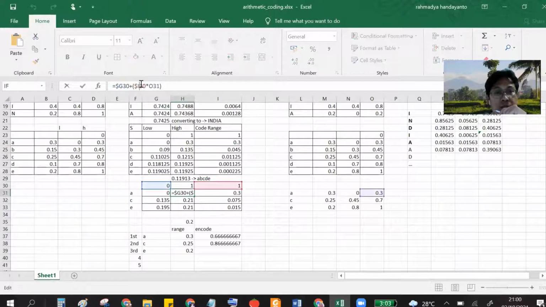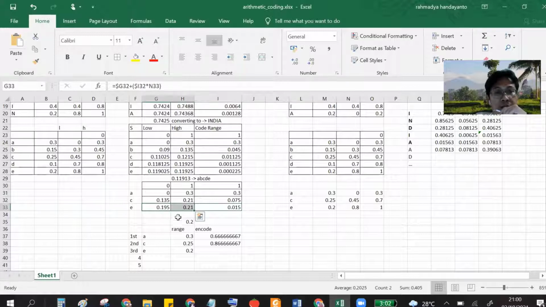This is for next, and this is for range, and the final result is that the number from 0.195 to 0.21 is the ACA. So this is the ACA.